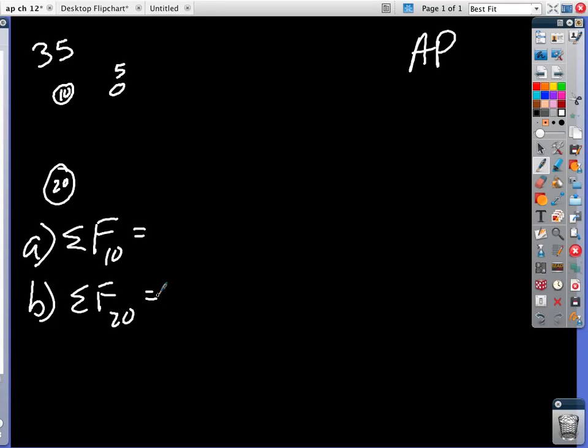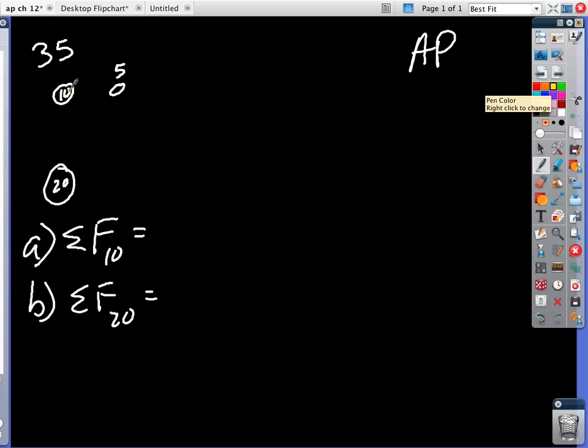All right, this is just sort of a review of vectors, but instead of being given the numbers, you have to come up with the numbers. Okay, so what we're going to do, the first question says, what is the sum of the forces on the